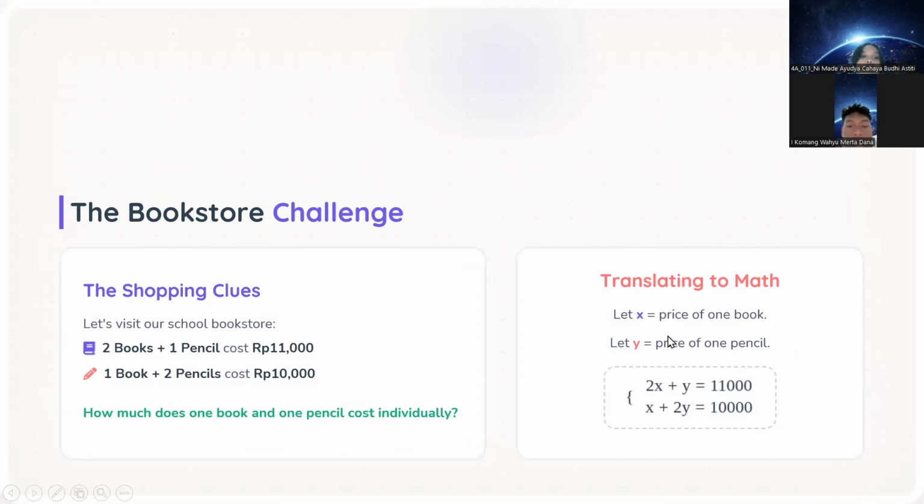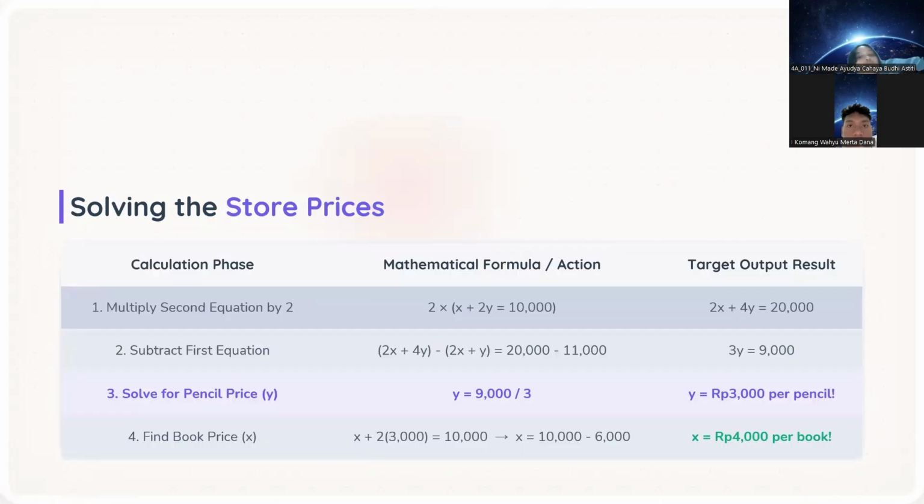By multiplying the second equation by 2, we get 2 times x plus 4 times y equals 20,000. And subtract the first equation, so we get 3 times y equals 9,000, and the value of y is